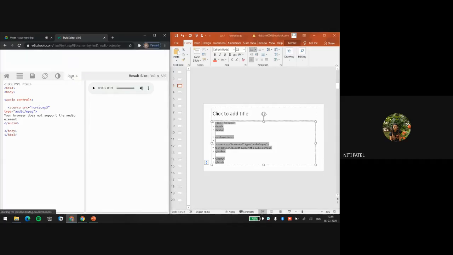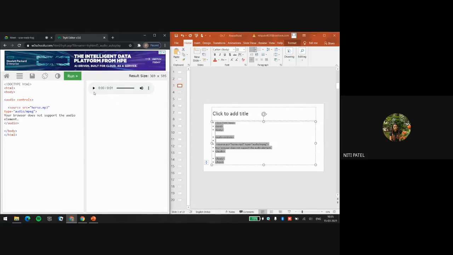So when I run this, see, this is the audio file that has been created with controls like play. And when I play, it will show me two standing lines, which is nothing but pause. Then this is the option for the speaker, increasing and decreasing the volume. Okay, so now when I play,